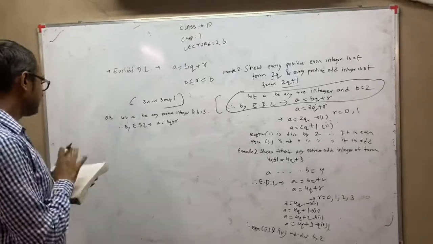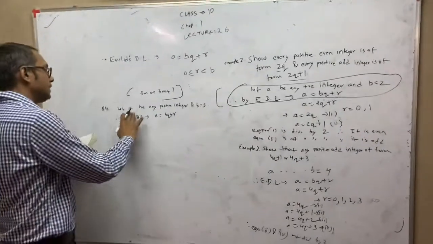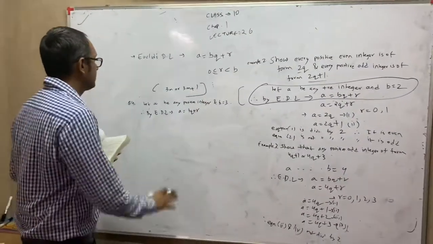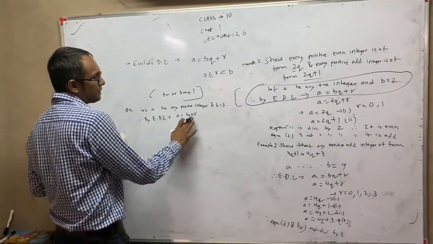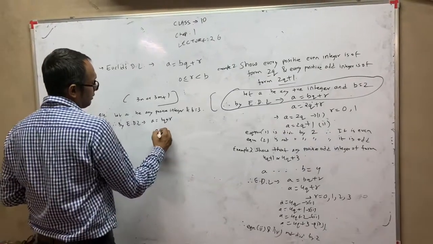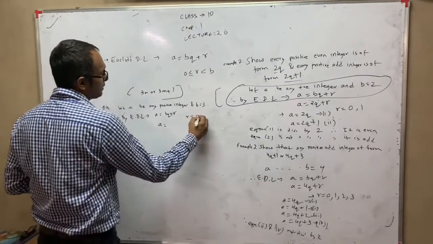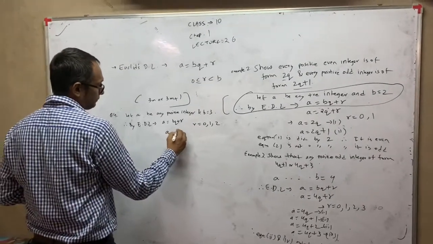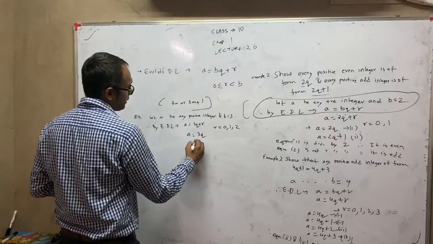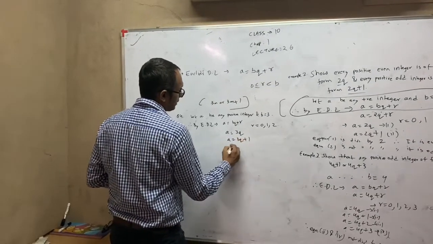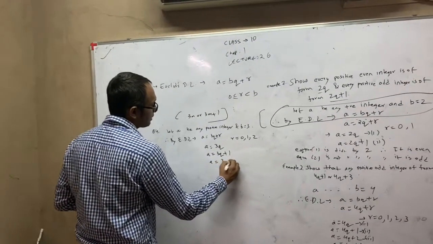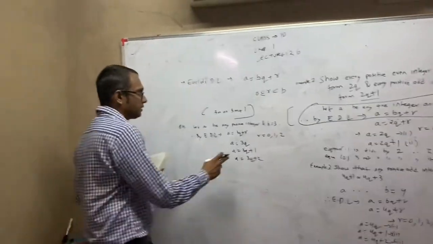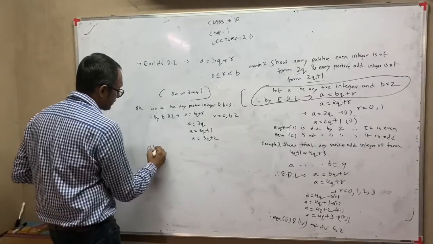Again, in this sum also first step is the same. Let a be any positive integer, and whatever is written here, 3, so let b is equal to 3. Therefore, by Euclid's division lemma, a is equal to bq plus r, and now values of r can be 0, 1 and 2. So we will get a is equal to 3q, a is equal to 3q plus 1 and a is equal to 3q plus 2. The next step is he has asked us to show that the square of any positive integer. Now we will do the first part first, 3q.